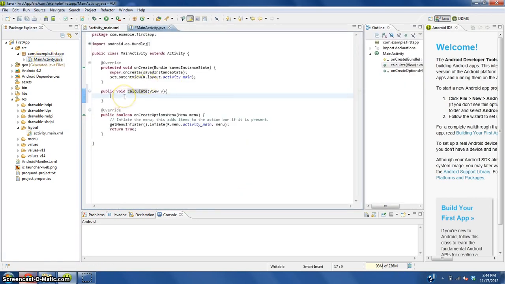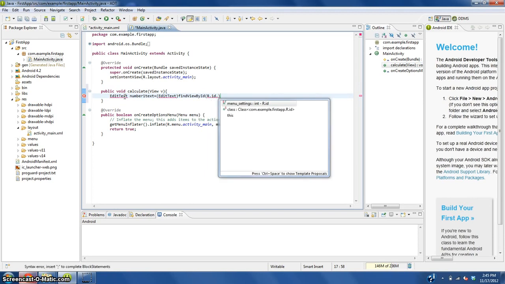Now we're going to need to create a new EditText, which is what that is called, and we're going to name this number1text equals parentheses EditText findViewById, open parentheses, capital R dot id, all lowercase, dot